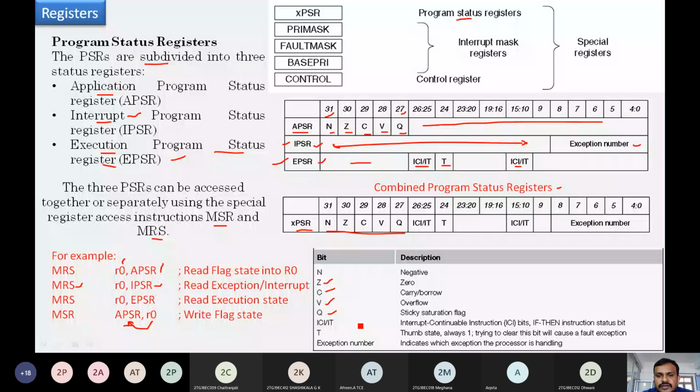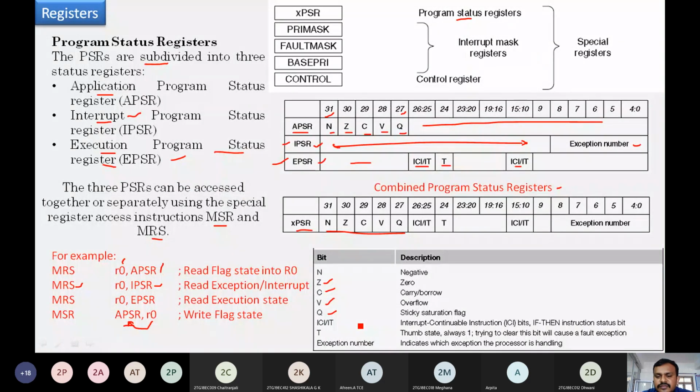After executing a particular instruction, the processor wants to maintain the status of the execution results. If it is Thumb, which type of instruction is it? It is a Thumb instruction or a Thumb-2 instruction. A Thumb-2 instruction is a 32-bit instruction, while a Thumb instruction is 16-bit.